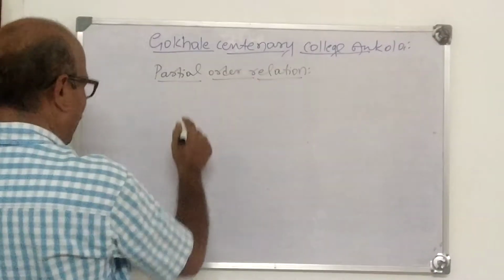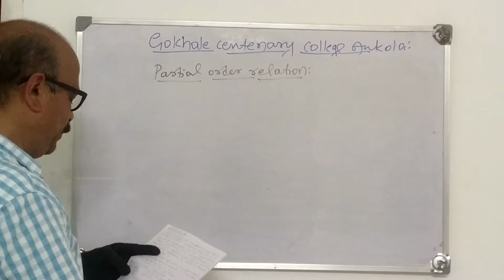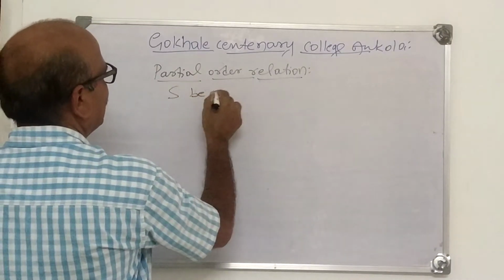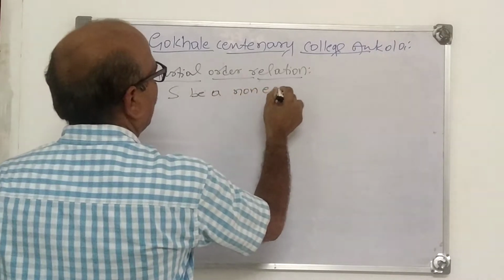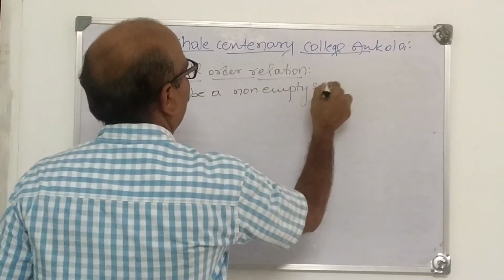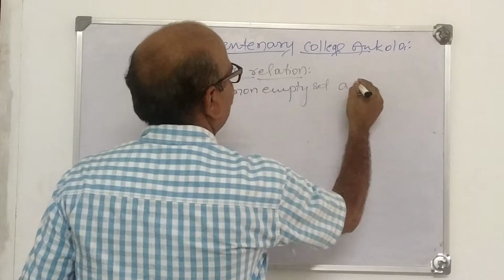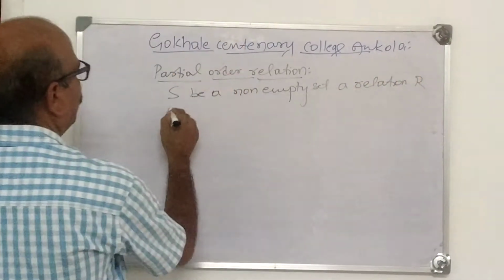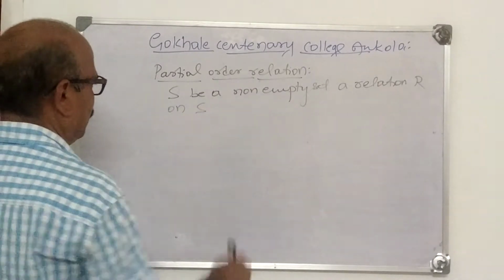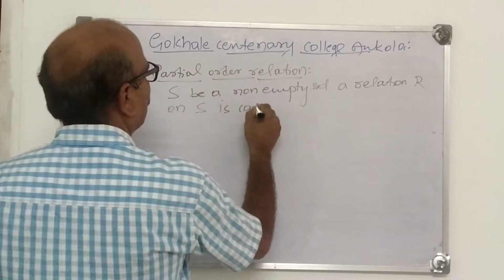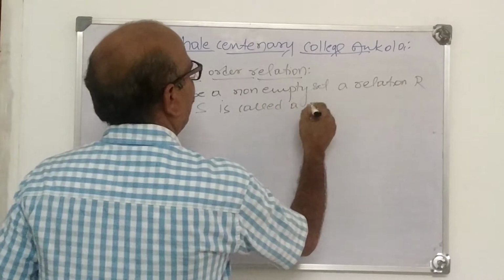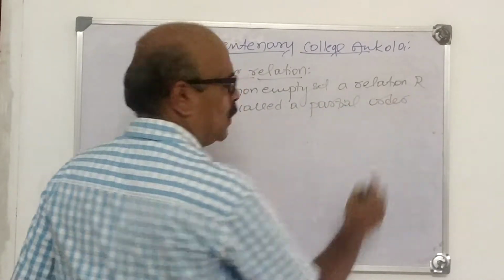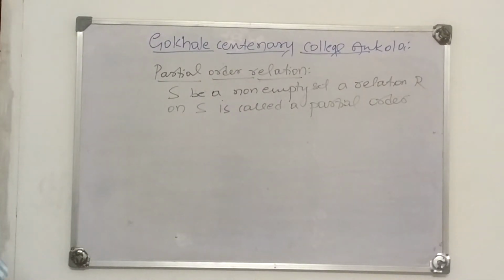Now, partial order relation is defined like this. Suppose S be a non-empty set. A relation capital R on S is called a partial order relation